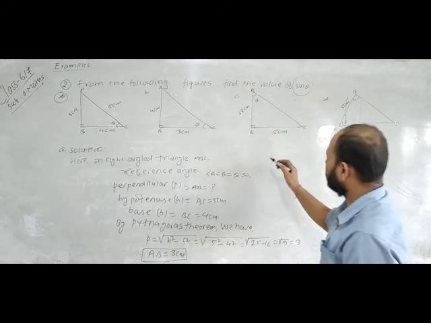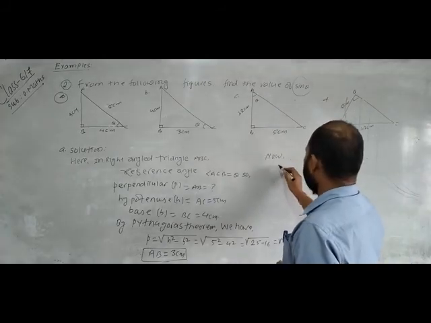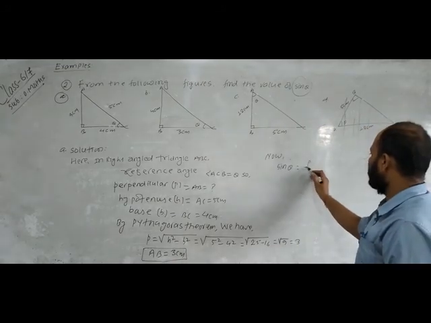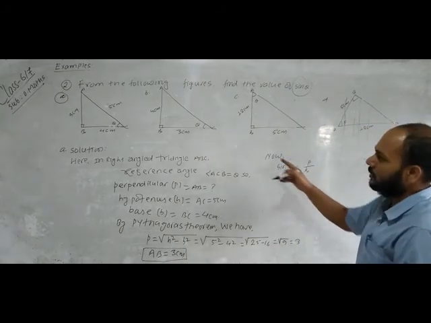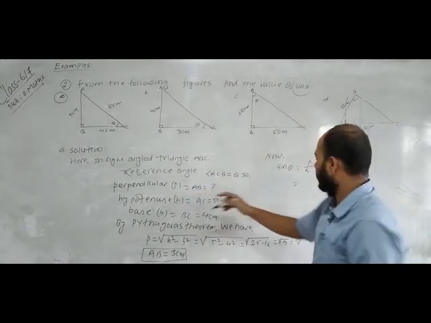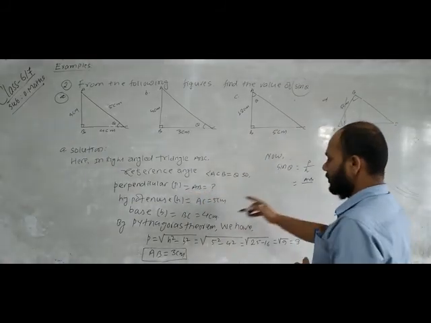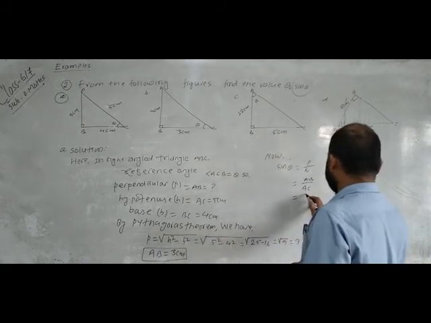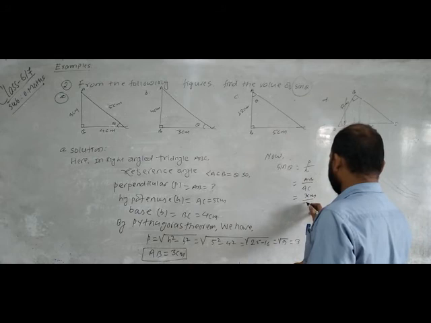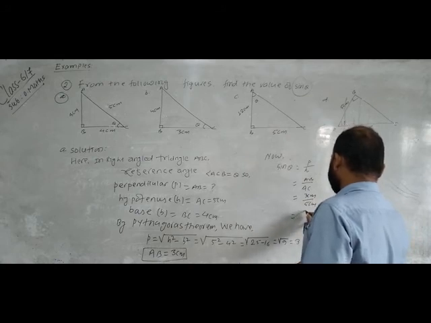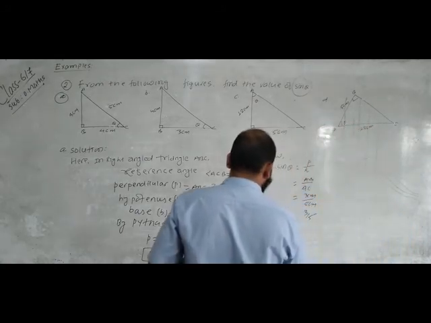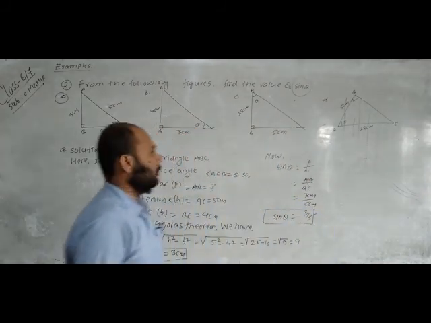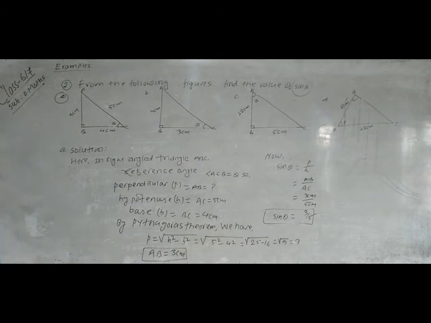And then now we have to find sin theta. You know the ratio of sin theta. This is P by H. What does P represent? AB. And H represents AC. So what is the value of AB? We found 3 cm, and here this is 5 cm. Cm cancel, we have 3 by 5. This is the value of sin theta. In this way, we find the value of sin theta.